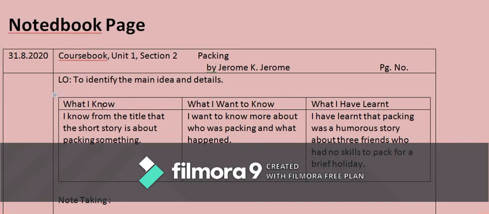Then I want the KWL exercise, that is K, what I know, W and L. I call this KWL. Have your KWL in place, that means what I know. Now before beginning a lesson, I don't expect you to know much or anything about it, but just by looking at the title you can get some idea of what I know. I know from the title that the short story is about packing something, so that kind of presence of mind is expected of you, that level of knowledge and skill, that you can make out something from the title itself.